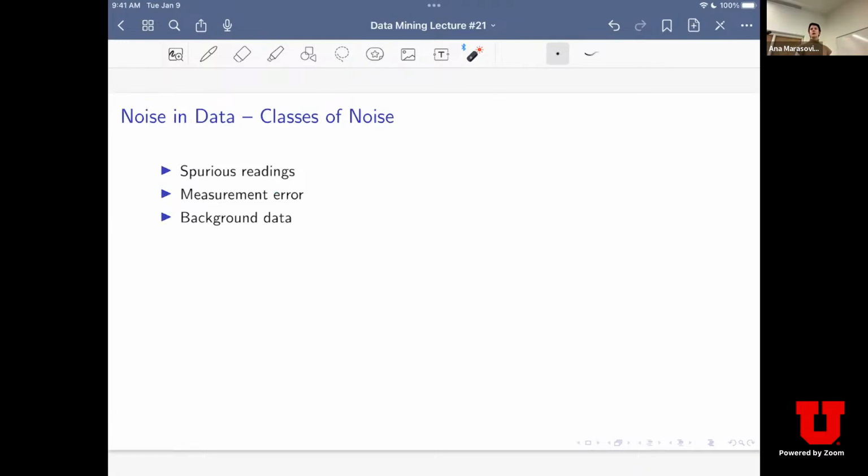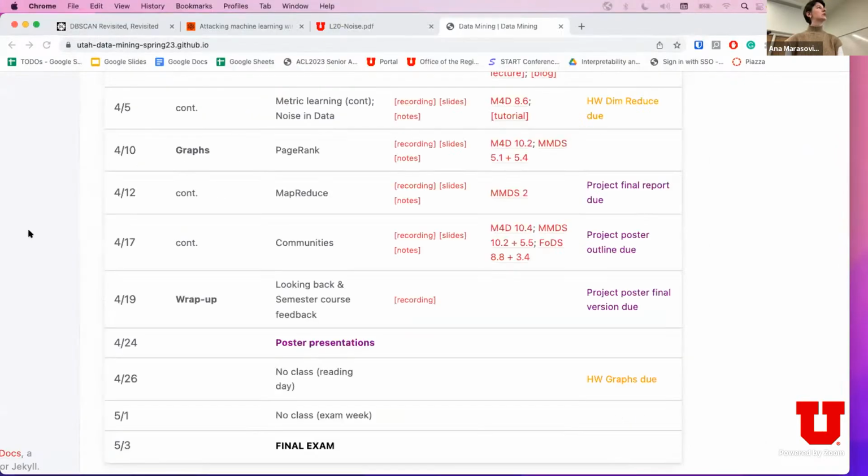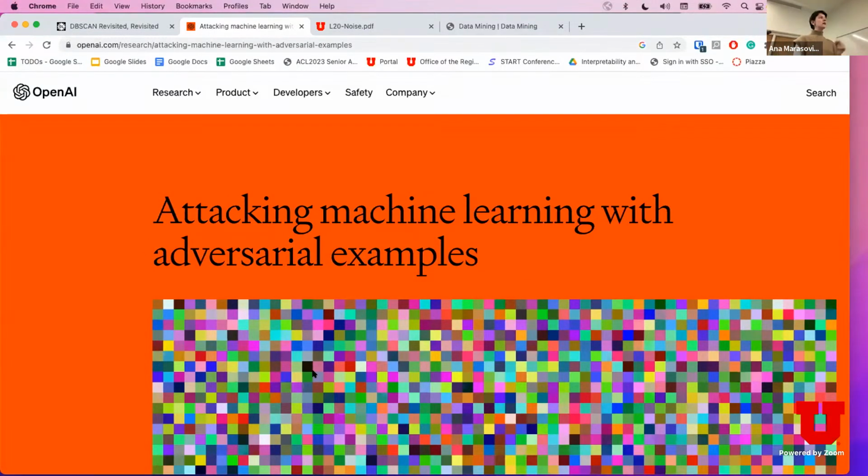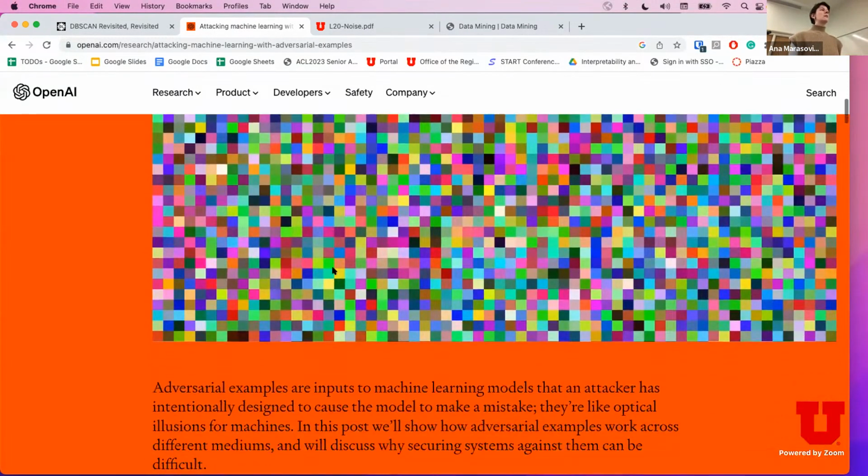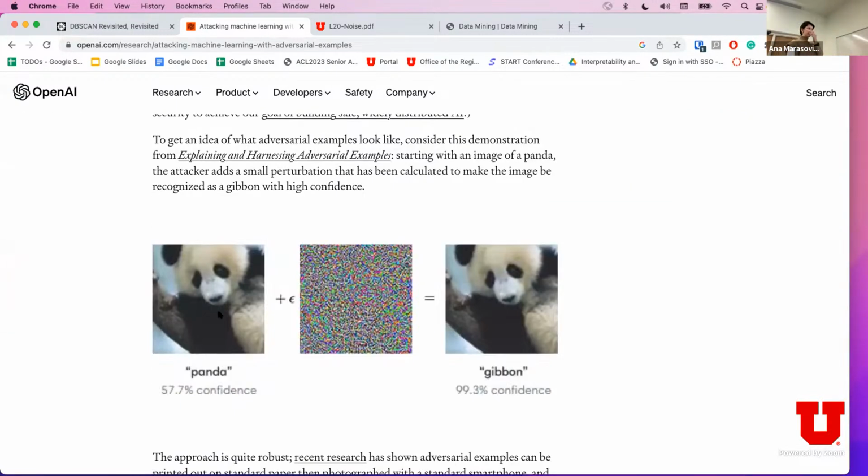You can straight up have someone adding malicious inputs to your data. So this is a very prominent line of work in computer vision, especially. It's kind of trying to be a thing in NLP as well. So there is something called adversarial examples where basically you can add, let's say here you have an image classification task. You're trying to classify these images. You have trained your model and you give it this image of a panda and